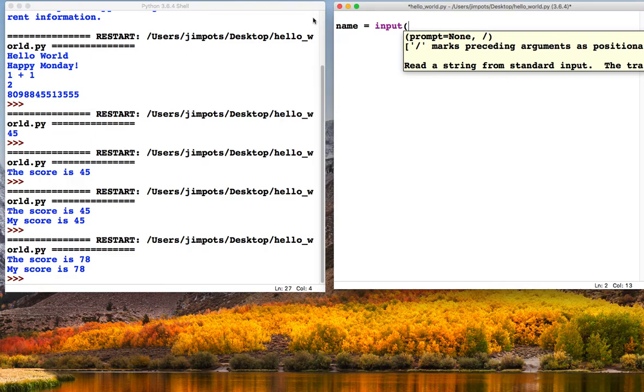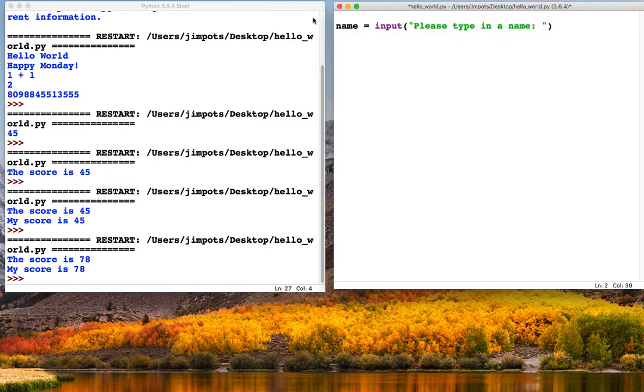So we type the word input, and you can see there it's gone purple because it's a command word, and we can type in a string which is like a question. It gives our user some instructions on what they've got to do. So we're going to say please type in a name, because we're very polite, and I'm going to close the speech marks, close the bracket.